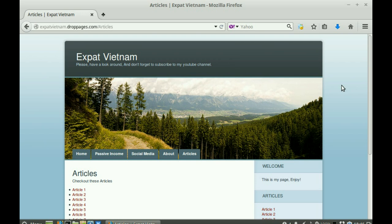So this is it. This is the website here. It's totally free and it's hosted on the cloud. There's many things that are preferable about this method. This is a preferred method for someone who doesn't want to pay a hosting fee, and you don't want to have to worry about server downtime, and you don't want to have to deal with FTPing or uploading through the web panel. This is it. This is the easy